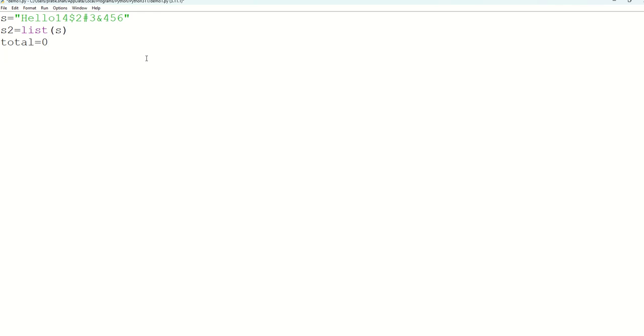Then we will use a for loop for this, because we have to check each and every index, each and every letter or number. So for i in s2, and again we have to use a colon over here. If i dot isdigit, and we are checking for isdigit, if it is equal to true, then